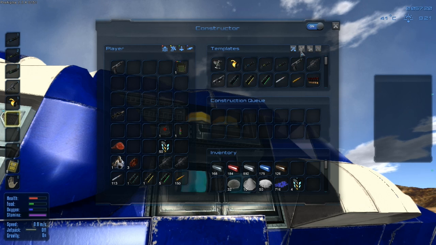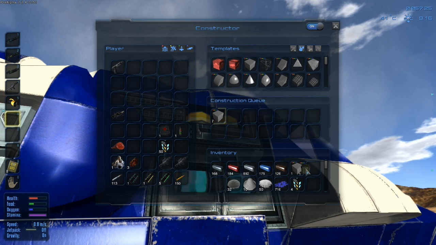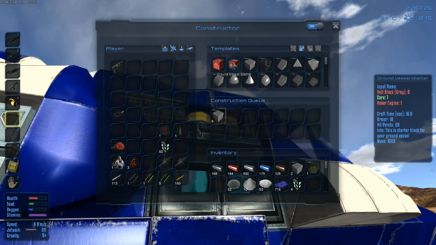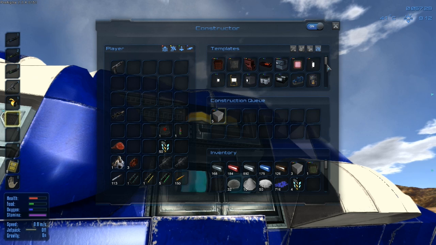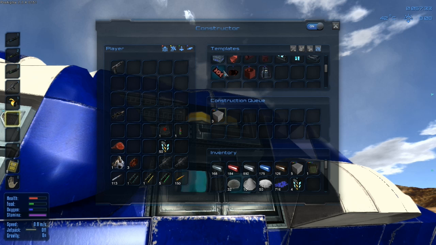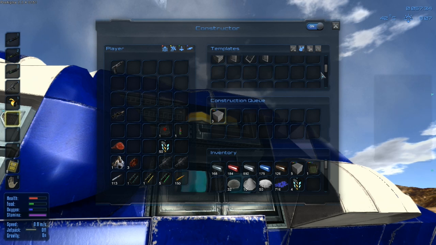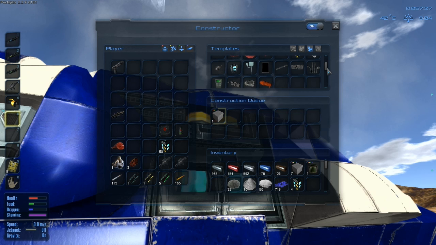And then what we can do is we can make 8 hull blocks. And then with that, let's put this guy in here. We can make a ground vessel. No, we cannot. We need one of these guys. Where are they? These hover engines here. And that is what's going to keep our ground vehicle hovering above the ground. So to make that, we're going to need...